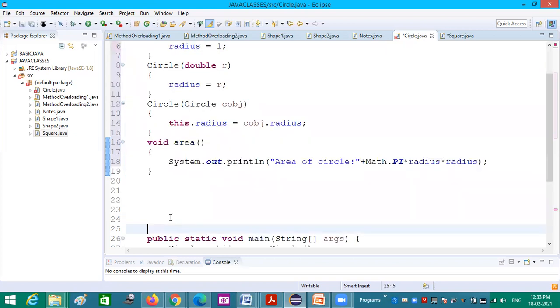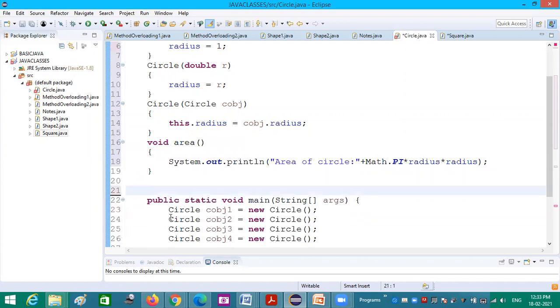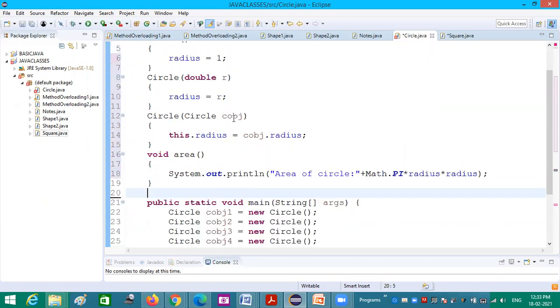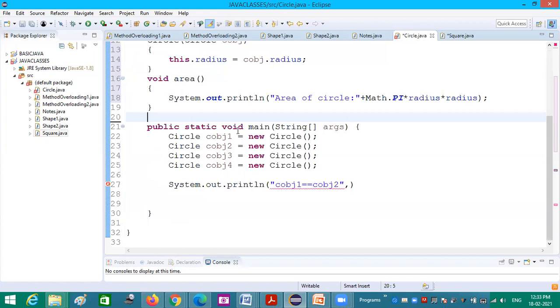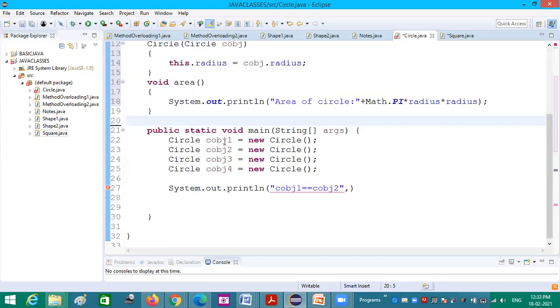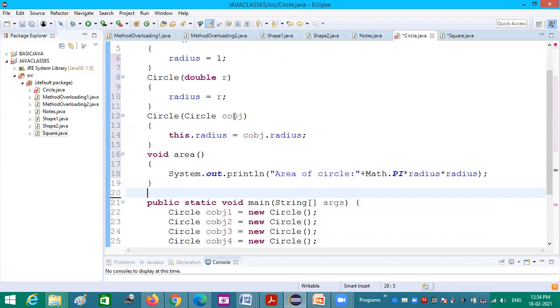Now we can write the main part, the main method. Inside that, I have created four objects, one for each type and one extra, just for comparison.